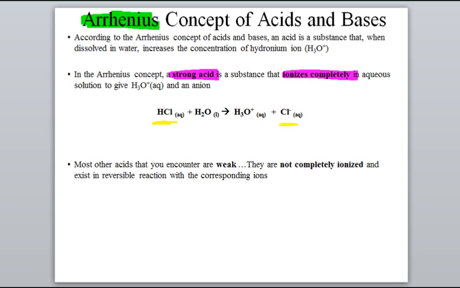And that's how the words ionizes completely make sense. A strong acid, when you put it into water, if you looked at the equilibrium constant, it would say mostly products. Again, there's always an equilibrium. There's always some product and some reactant. But for strong acids, when you put them into water or any aqueous solution, virtually all of them react